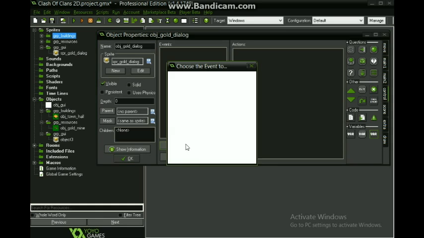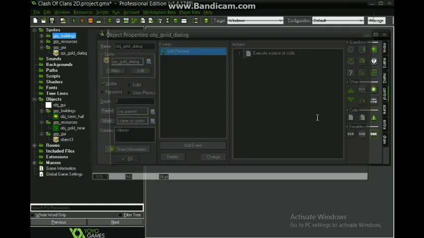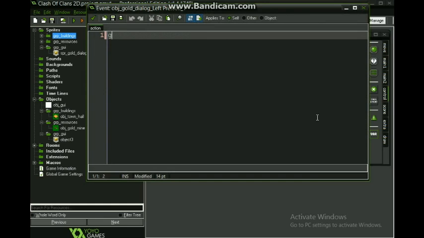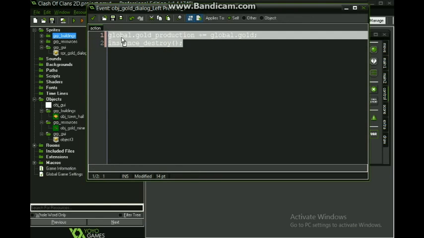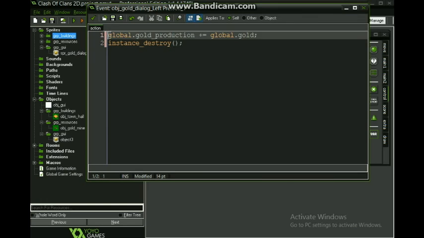I think we're gonna leave this like that, but first we need a left press. Let's say global.gold production plus equals to global.gold and say instance destroy. Oh no, I think I'm wrong.